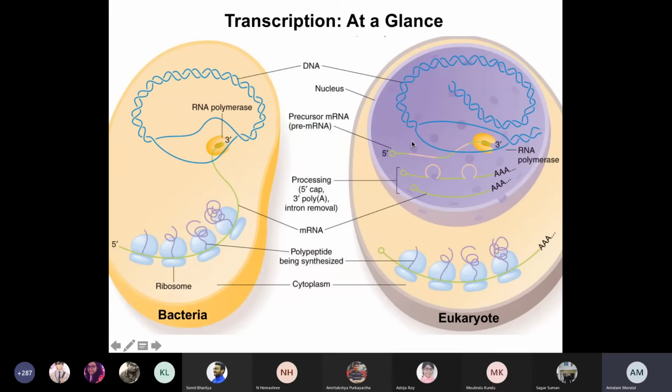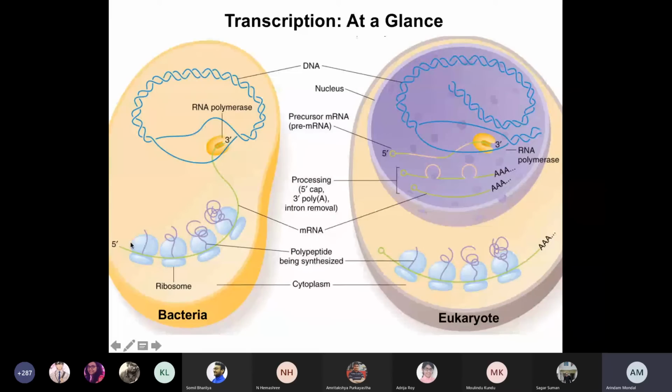So even before the completion of the transcription process, the translation gets initiated. But in case of the eukaryotes, there are different compartments within the cell. DNA replication and transcription happen within the nucleus. Subsequently, these mRNAs need to be exported into the cytoplasm, because ribosomes are there in the cytoplasm. Only after the mRNAs get exported into the cytoplasm can the ribosome initiate the protein synthesis.